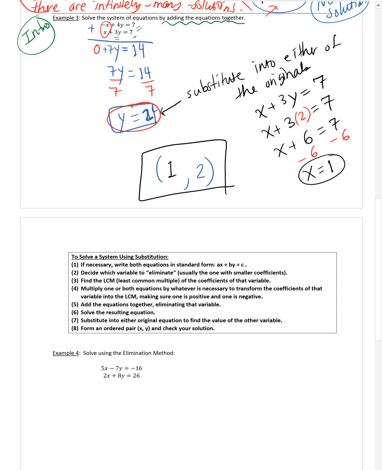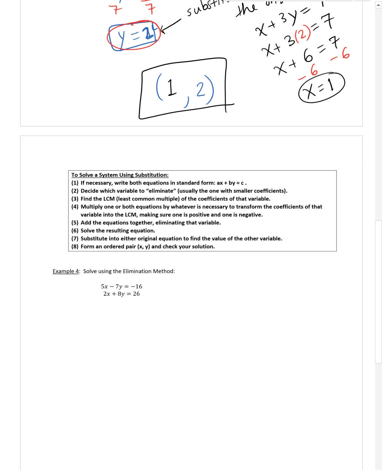Alright, so that's the idea of elimination, is to take the two equations and add them together. You're hoping that one of the variables is eliminated, like we had, the negative x and the x combined to make 0. However, you're not usually that lucky. Let's see the next example. We'll talk about,